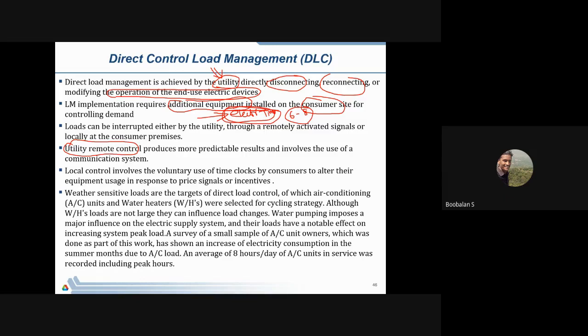So this is what is called the remote control thing, right? Definitely these things also involve money. On the remote controller, we need to install electrical equipment and circuits. It will cost money, right? It will cost something. That's why direct load control, right? It will need additional equipment to be installed in such a way that it is able to control our electrical equipment. We'll see different examples. So now I'm just going to move a little fast.